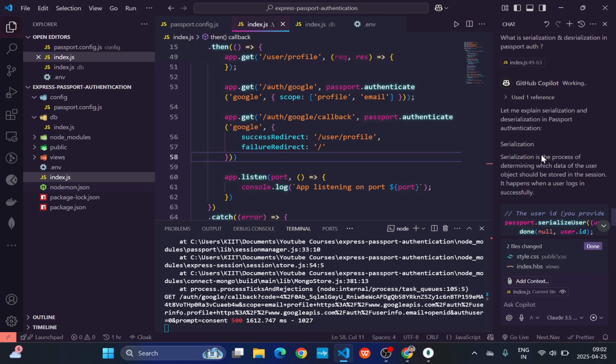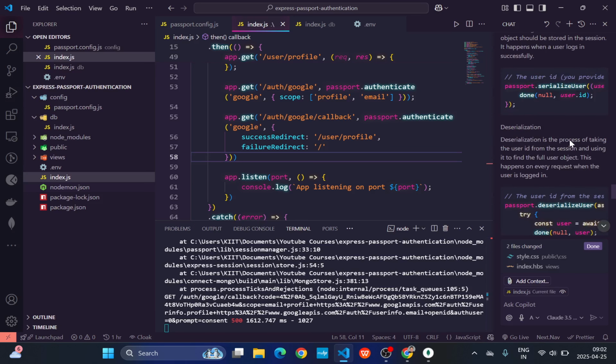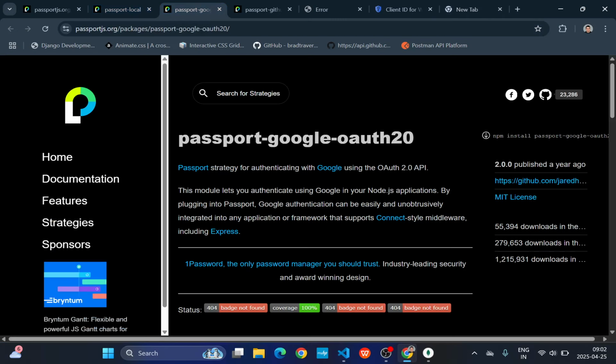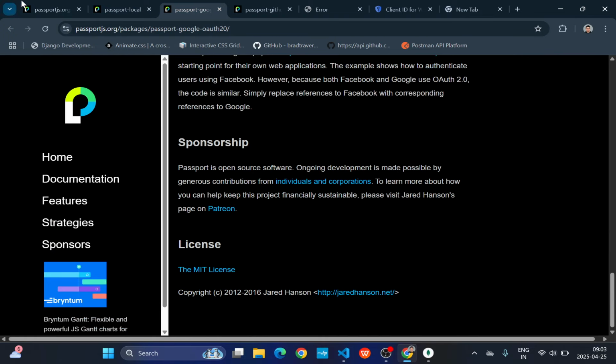Serialization is the process of determining which data of the user should be stored in the session. It happens when a user logs in successfully. Deserialization is the process of taking the user ID from the session and using it to find the full user object. Now, if we see the Passport Google,